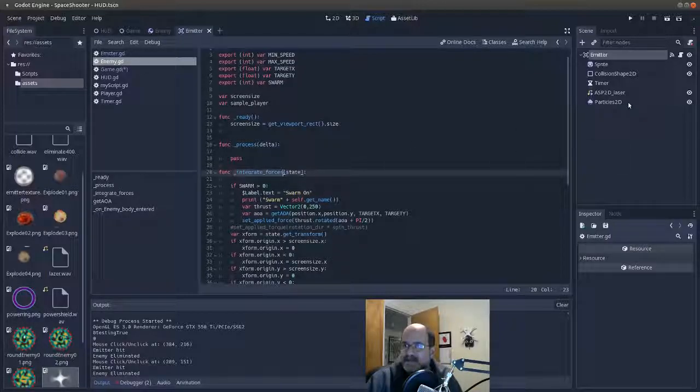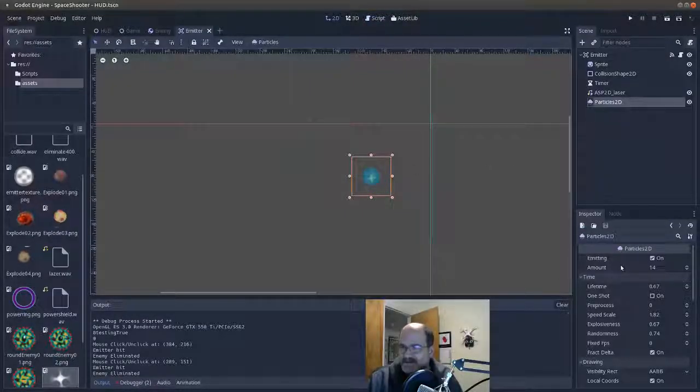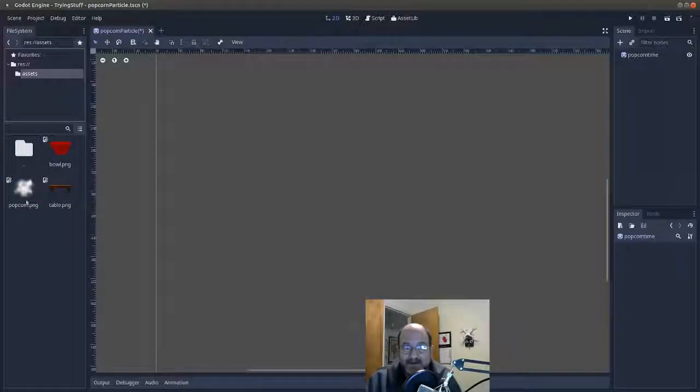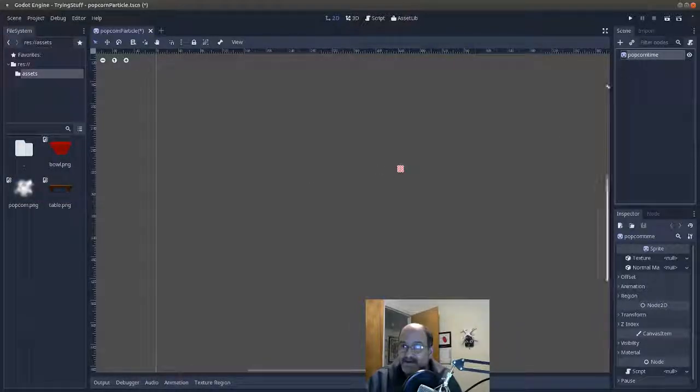So I said I'd do something on the particles. Now what I did is I just had to go through this and do my changes. I'm not going to touch this now since I got it working the way I want it to. But when I was doing the other emitter and trying to do the particles, one of the particles looked like popcorn to me, so I saved that off, and I said, well, I can do that. So I have this scene. It's just an empty scene,